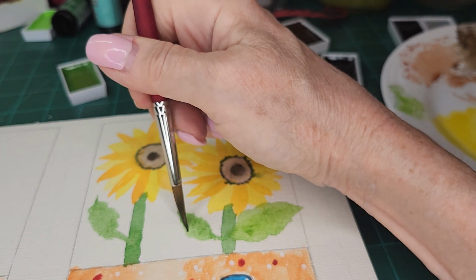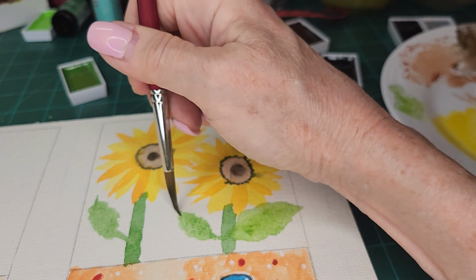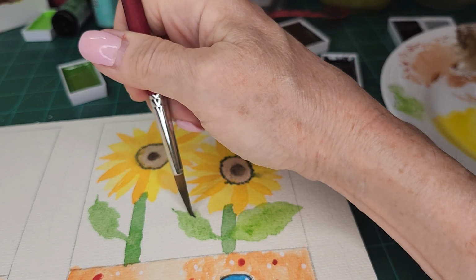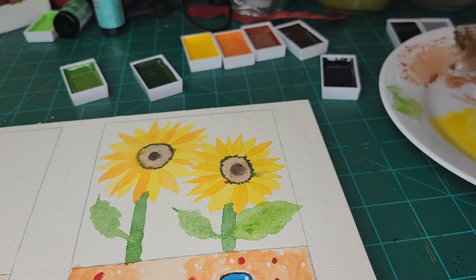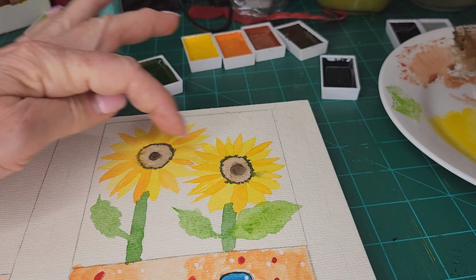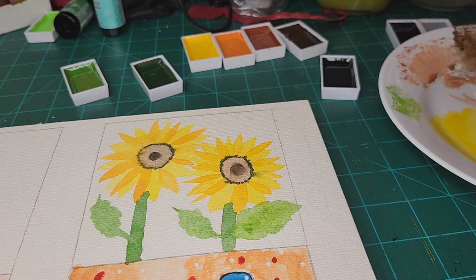Let's just give this a little squiggly. And a little squiggly here. Okay, and we're going to let that dry. Now what I want to do is go back into these circles. And I'm going to use a little raw umber